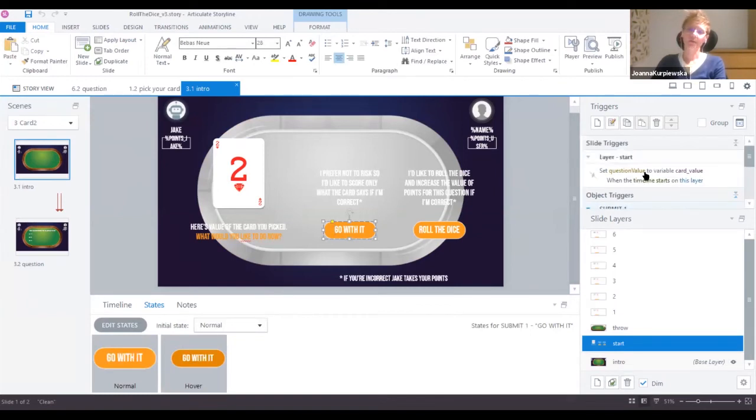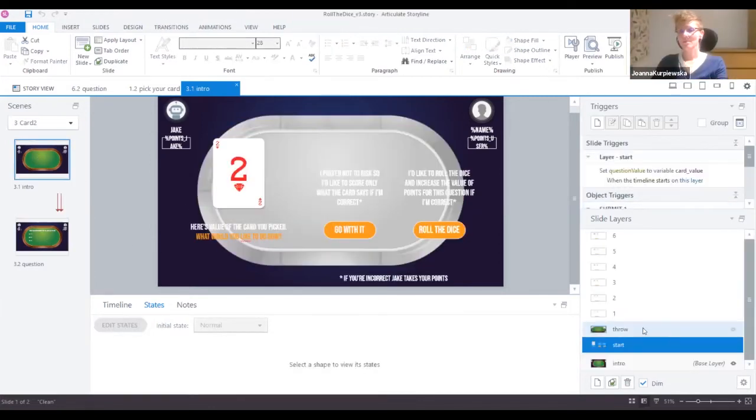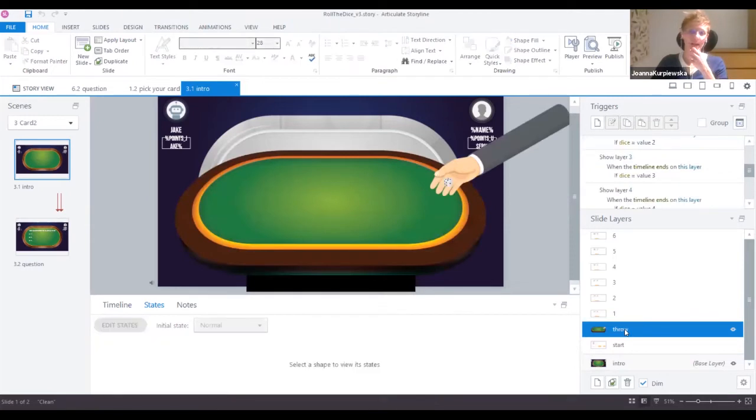And now it's another variable, which is called question value. If you don't risk, the question value becomes the card value. We pick 2 and we just go with 2 and jump to the question, you get 2 points. But if you decide to roll a dice, we've been shown this layer, then we see a short